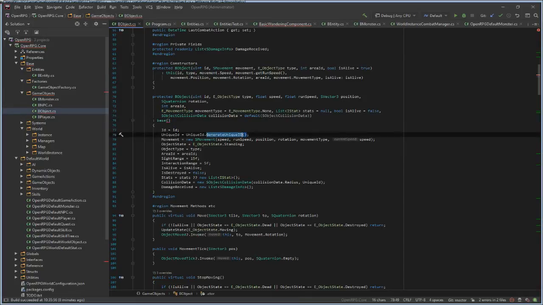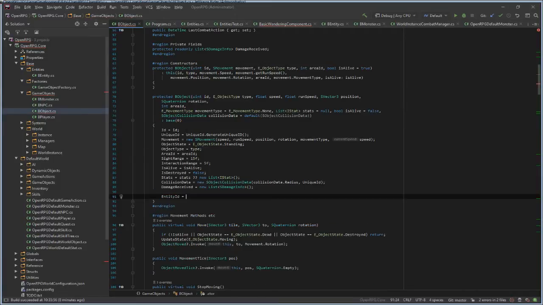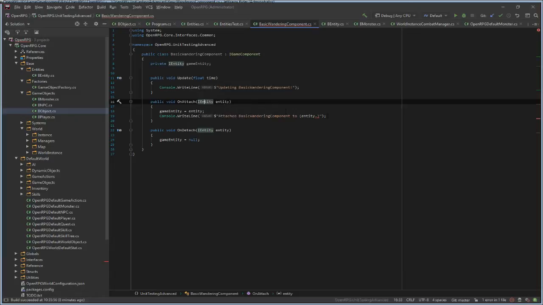Unique ID is generated here, and interesting, so I can use 0 and do entity ID equals unique ID. This looks bad, but I'm going to use it anyway. It doesn't matter at this point.